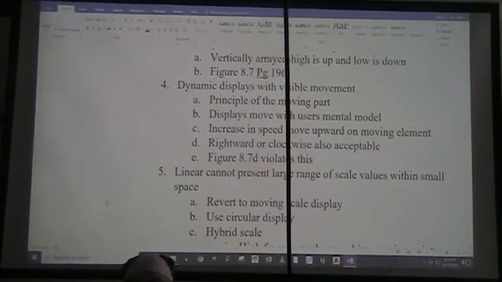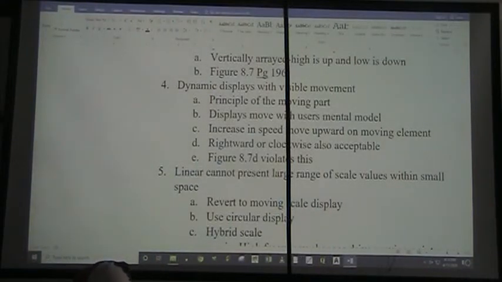All right. Sometimes we have displays that are dynamic, right? In other words, we can see visible movement within the display. So we want to stick with the principle of the moving part, so that our displays move in the direction the user's mental model thinks it should move. So for an increase in speed, we move upward on the moving element. Rightward or clockwise is also an acceptable alternative,